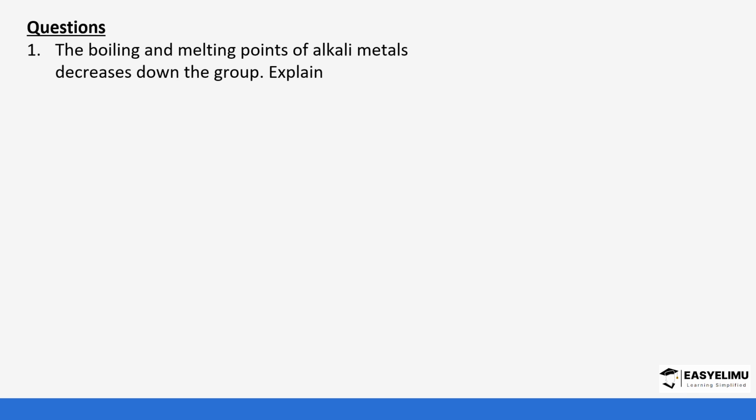So the boiling and melting point of alkali metals decreases down the group. Explain. We said that the melting point and boiling point are determined by bonds, specifically the metallic bond, which is directly related to the size of the atom in this case. So we will say down the group,